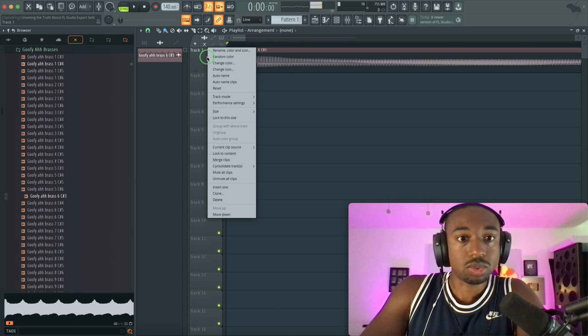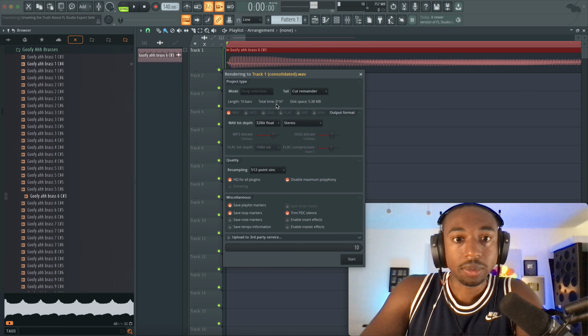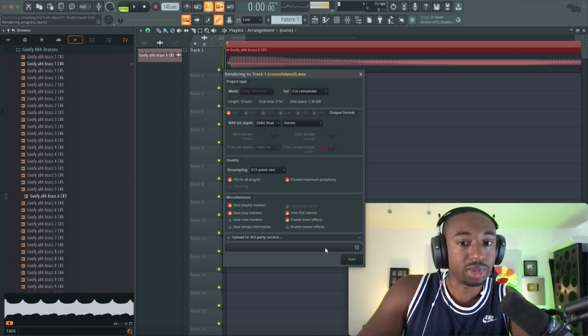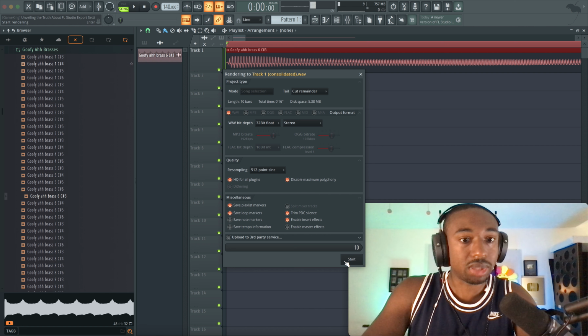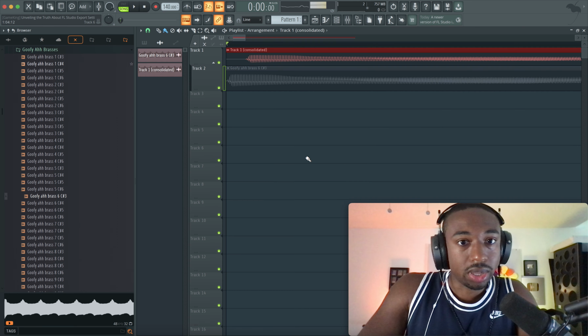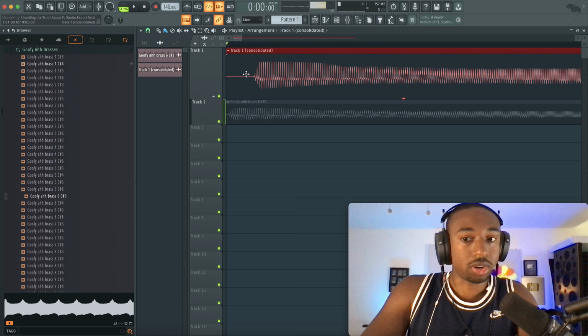So normally we would just right-click, consolidate track from track start, and we're having all these settings. In this case, we'll cut remainder and whatever our settings are. Okay, then we'll hit this button that says enable insert effects, meaning that any effects that we had on the sound will be applied to the actual audio. We hit start, and then voila, this big old gap is in the front of our audio.